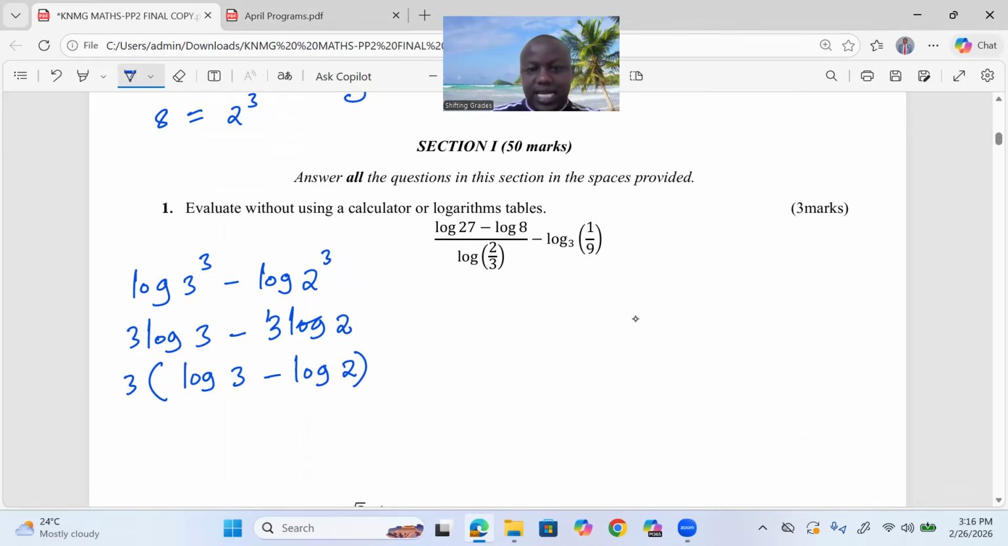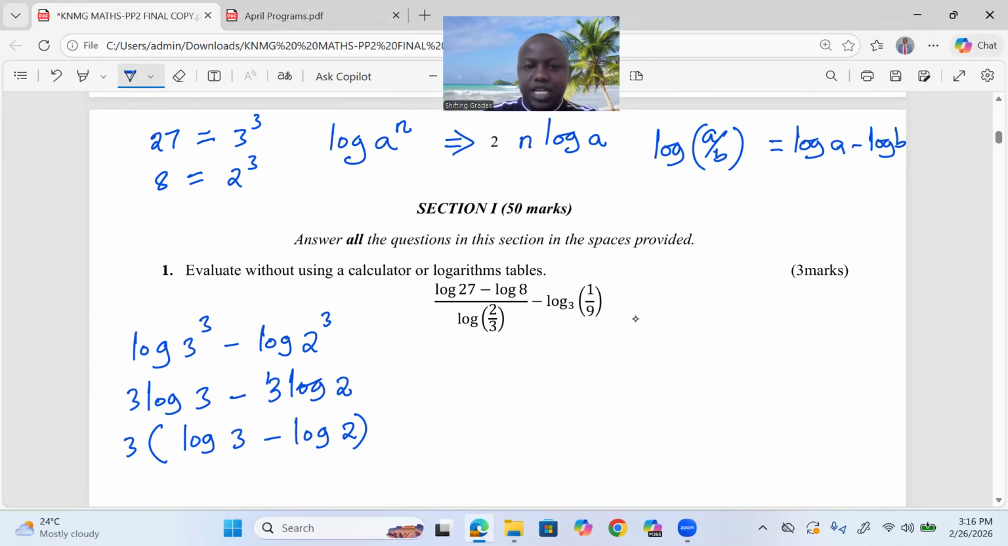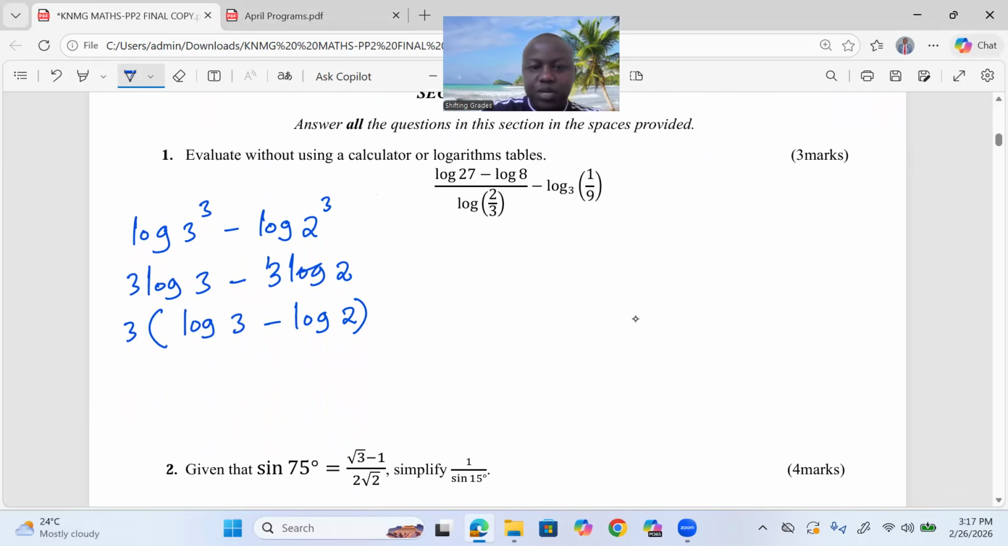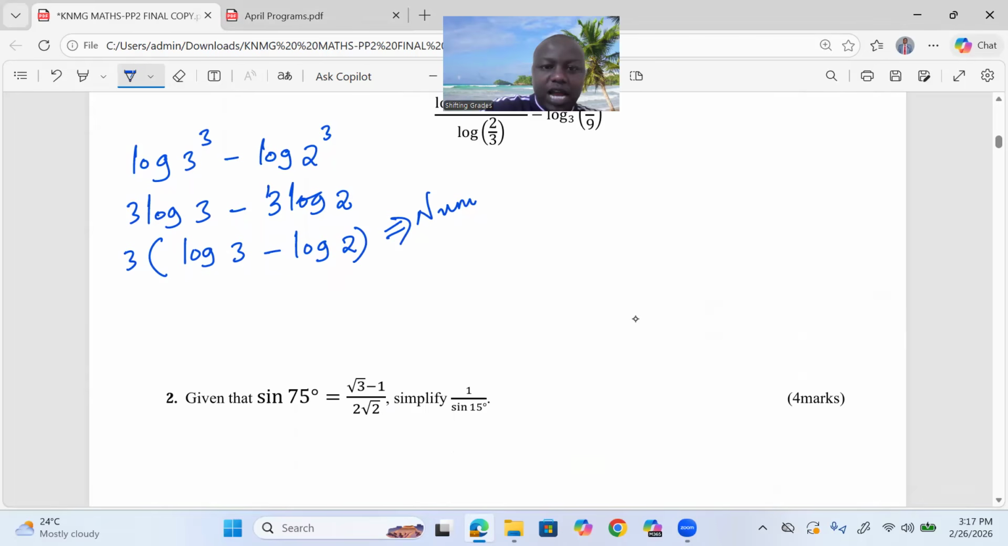But now looking at the denominator, what we have is just a fraction there. And you remember very well, when you have the log of a out of b, this can be solved by taking the log of a minus the log of b. That is a law of logarithms. And so that can be applied on the denominator. So this is the numerator, sorry, let me indicate. Then when we get to the denominator now, can we all agree that